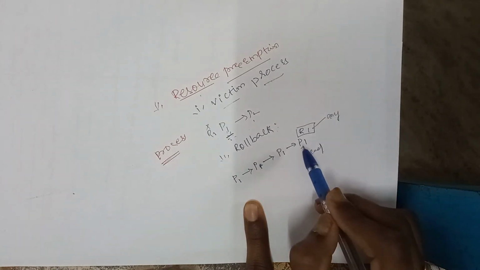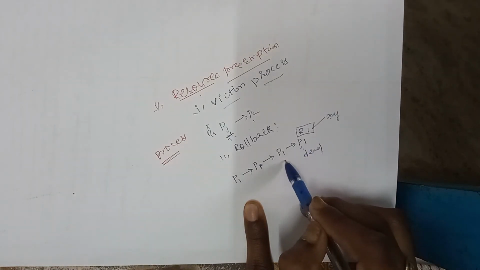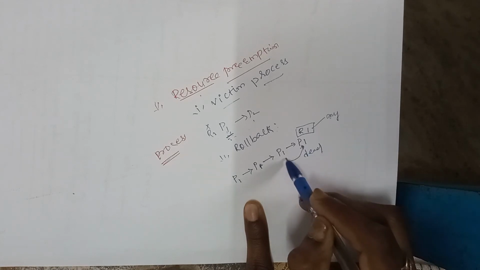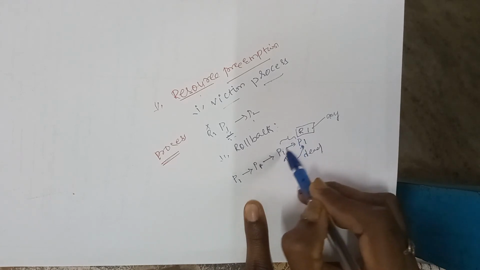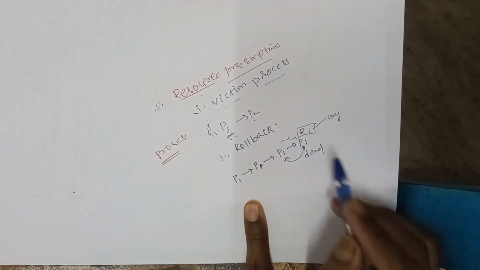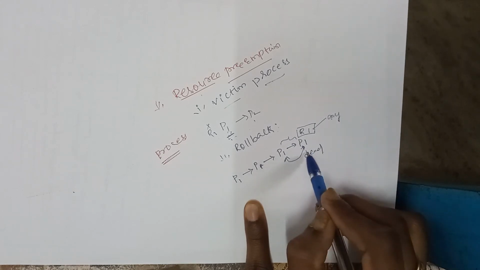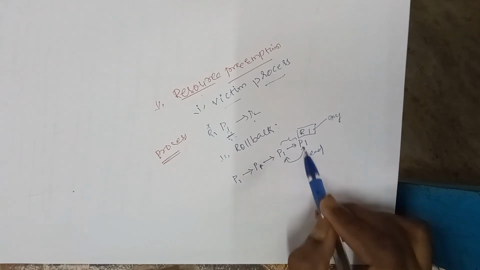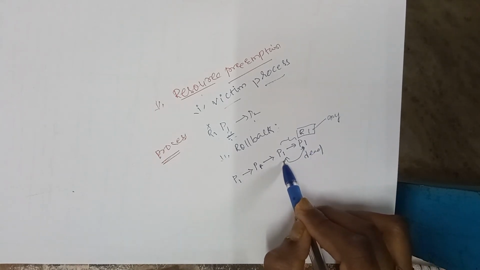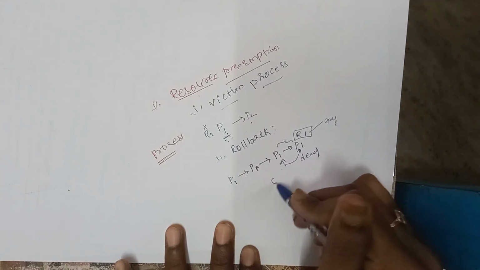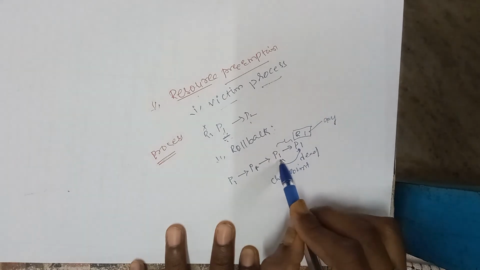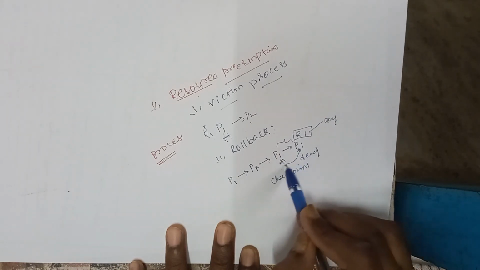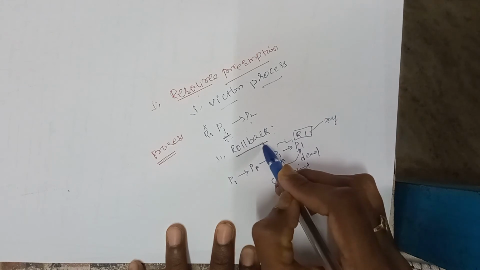Right? Now this P1 should be rolled back. That means P1 should come from this position to this position. Whatever operations we did between this period will not be considered. Why? Because this position is not saved in the operating system. So whenever a deadlock occurs, the process P1 should move back to the last checkpoint. Normally we call this a checkpoint. So we set a checkpoint every 10 seconds. So the last checkpoint is here. If P1 has a deadlock here, P1 should move to this position. That we call a rollback.